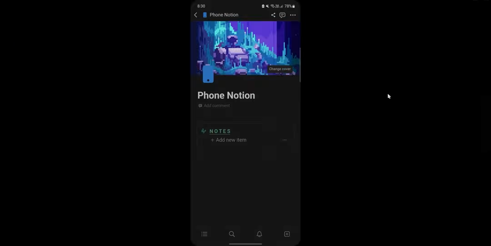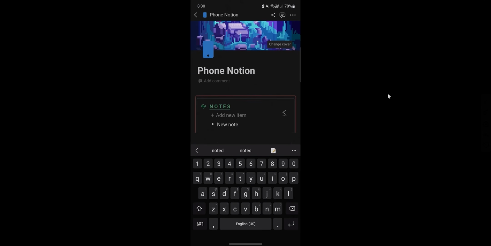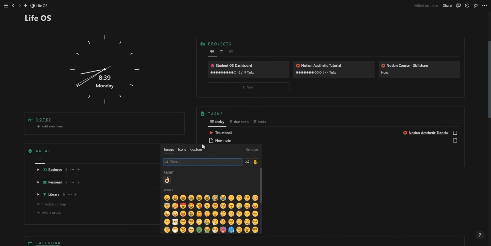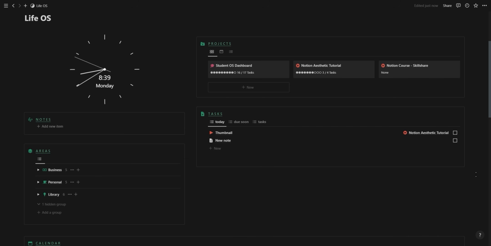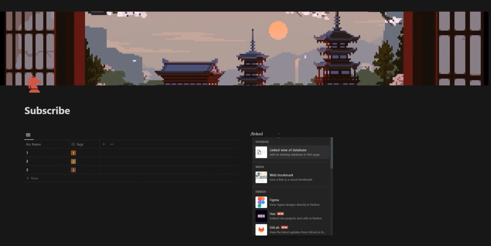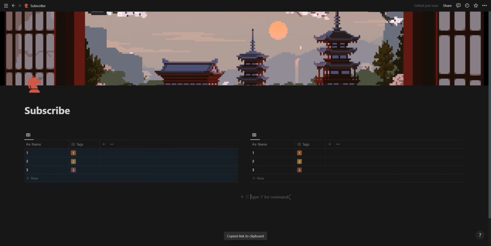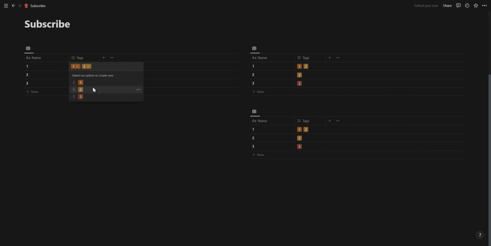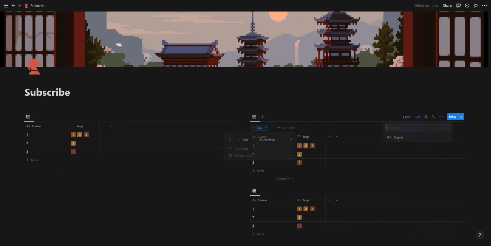the other sync blocks. A useful way to use this feature is to have a Notion page on your phone with a template button where you can quickly add new notes and have it sync to your main Notion dashboard, where you can organize the notes into tasks or projects when you're at your computer again. Next is linked databases. Either create a linked database block and select your database, or copy the link of a database and paste it as a linked database. Any changes to the database entries or properties will be reflected in the original database, and any filters or sorts added to the linked database will only apply to that linked